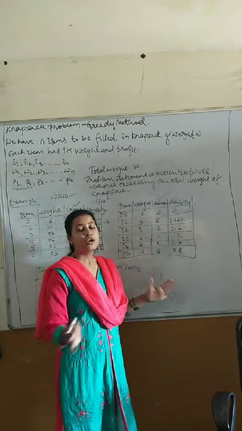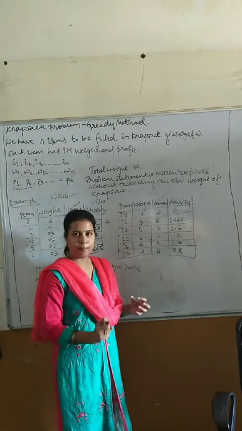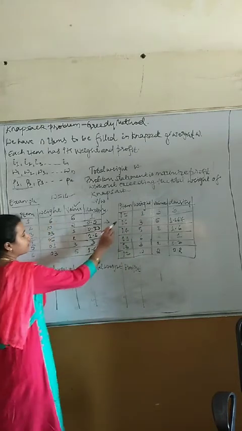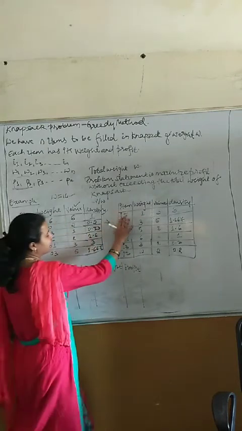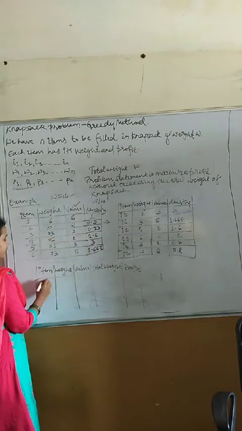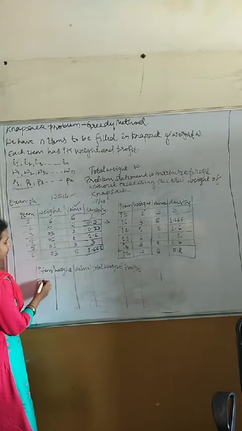So now we are ready to add the items into the bag. How can we add now? Let us start from the first one. Item number 5 has a weight of 1. So if I add item number 5.